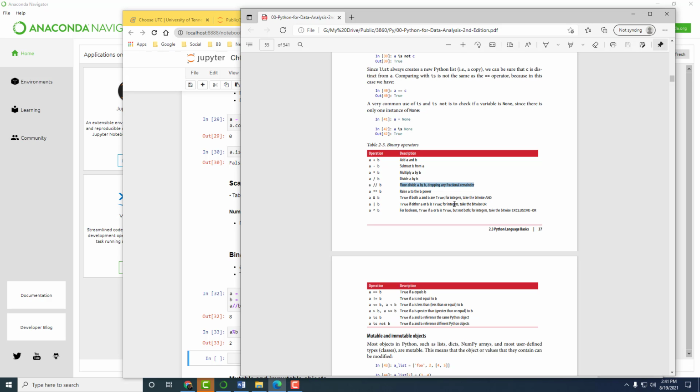For integers, it takes the bitwise AND. That means you represent the number in binary and look at each bit, then see if it's the same or not. So we will not be using those very much.